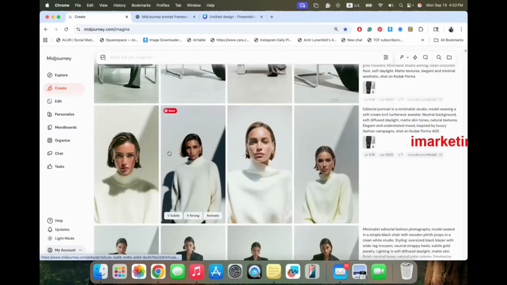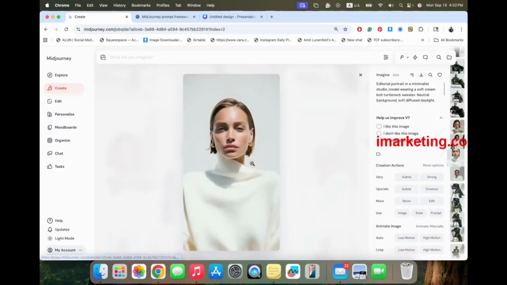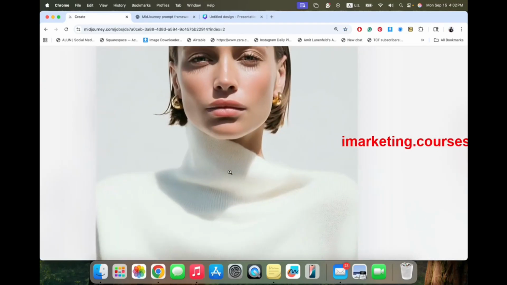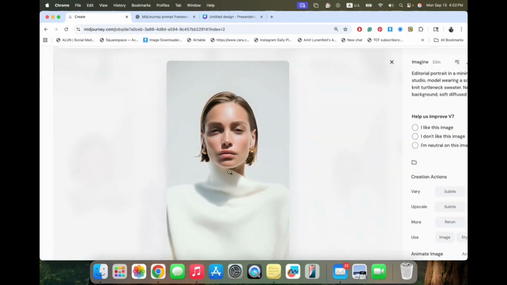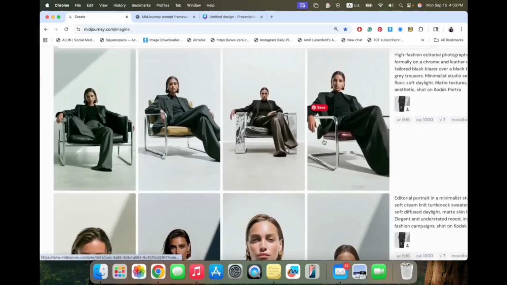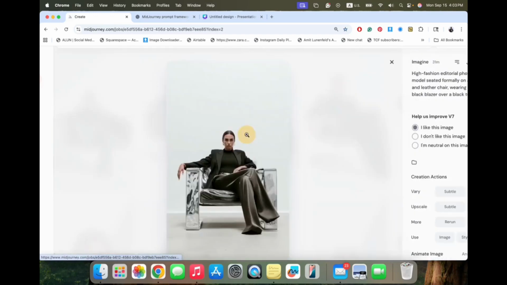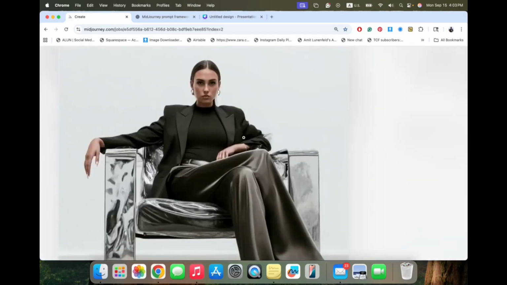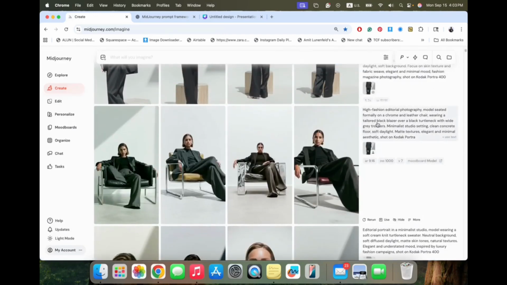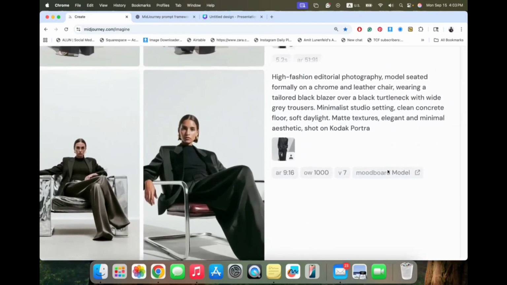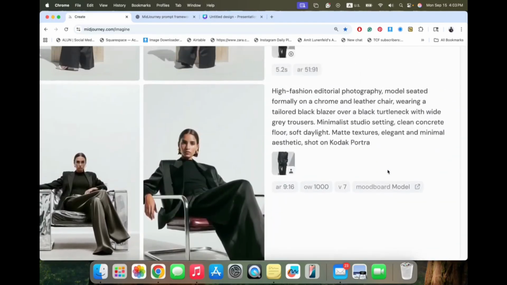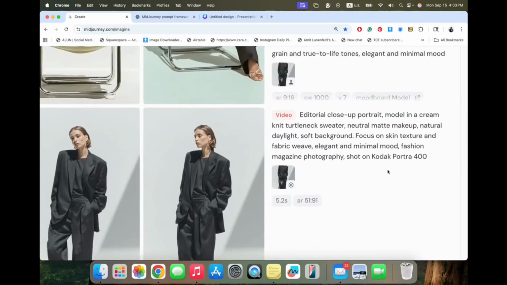Then I want her to wear a white sweater. So this is great. We can add more texture later, so her skin won't look too smooth. We'll actually use this specific image for the example. Different chairs. Look how beautiful this is. Again, the omni, the prompt, the way she sits. You can see the prompt still, all the parameters from the other one.